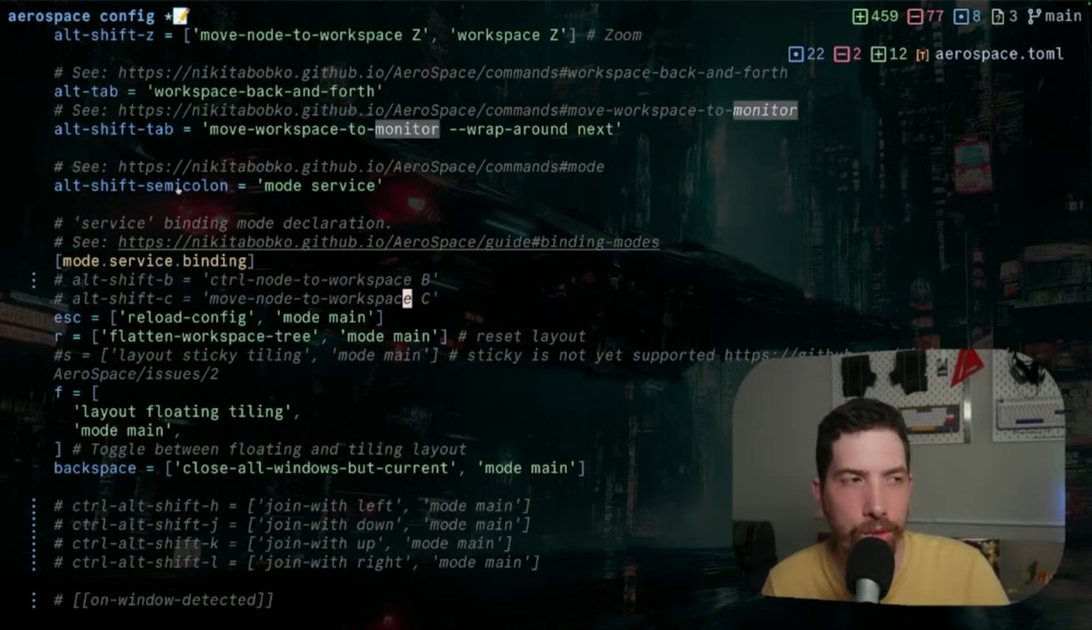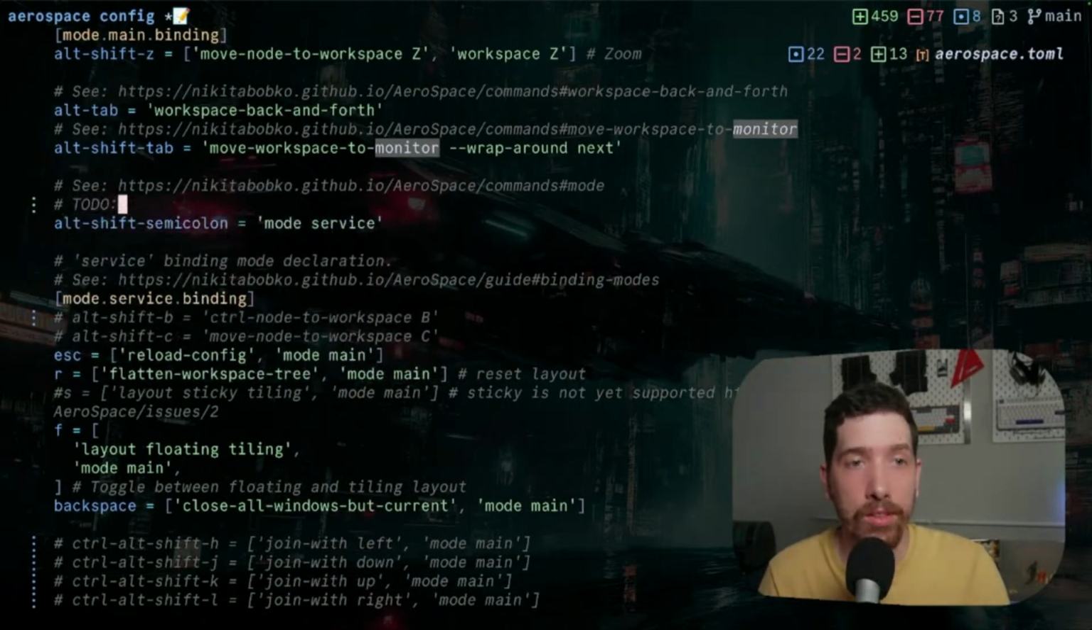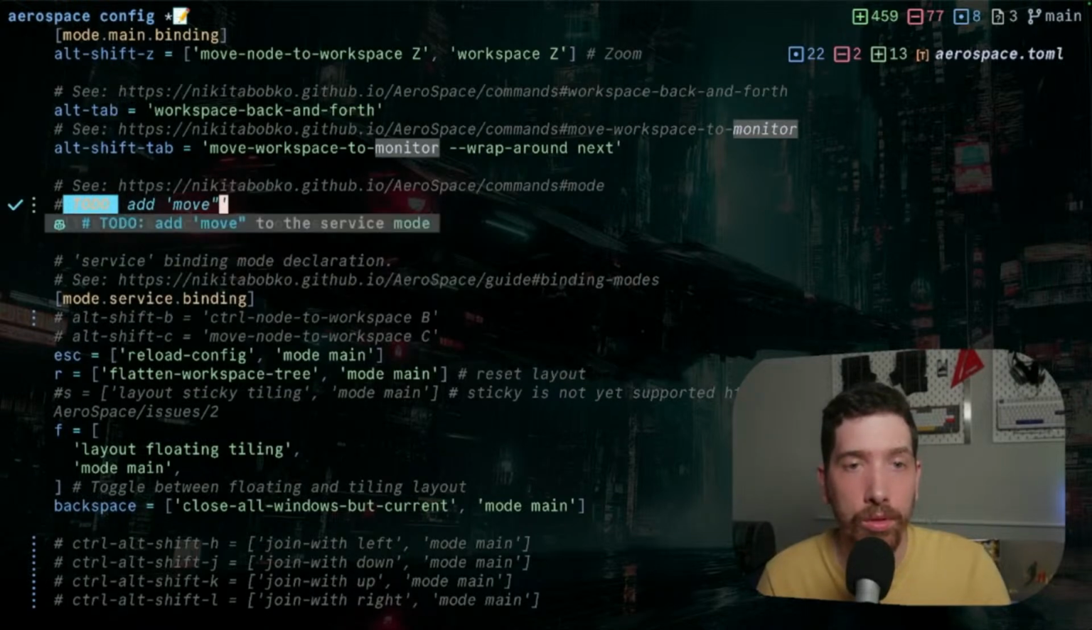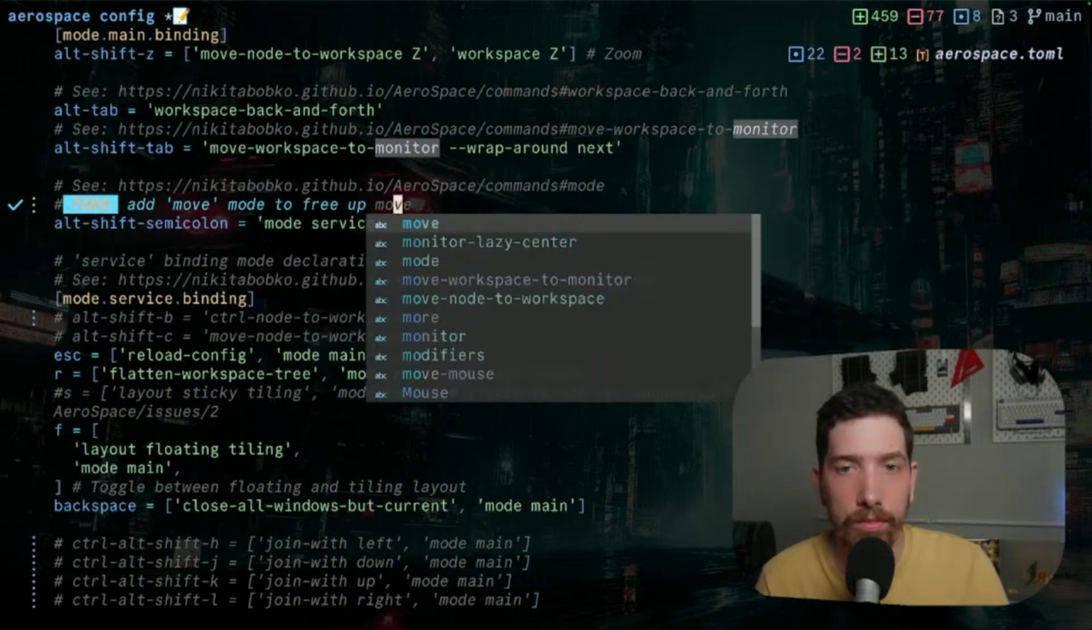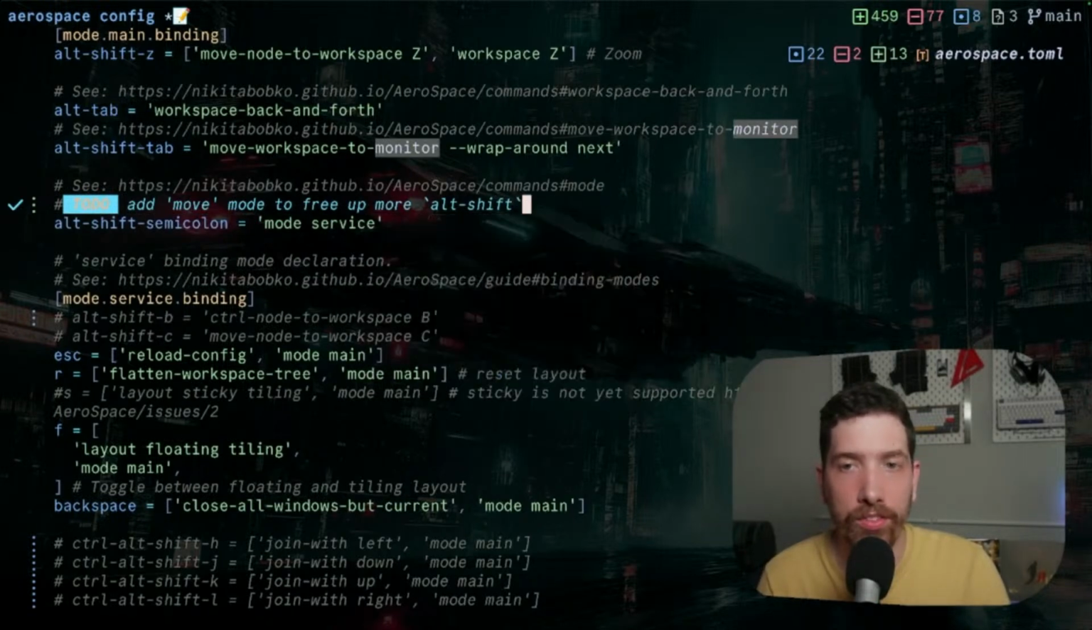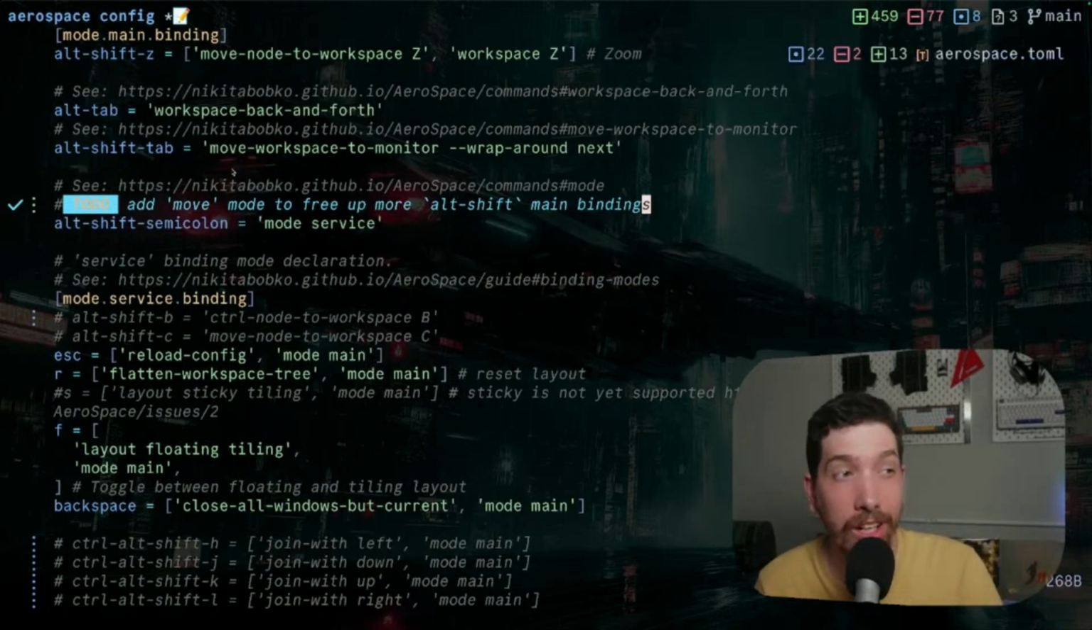And maybe there's some sort of, I'm thinking about it right now as we're talking, a move command, maybe. There's like a move mode. So maybe add move mode to free up more Alt-Shift main bindings. Because I've used Alt-Shift a lot for lots of things like